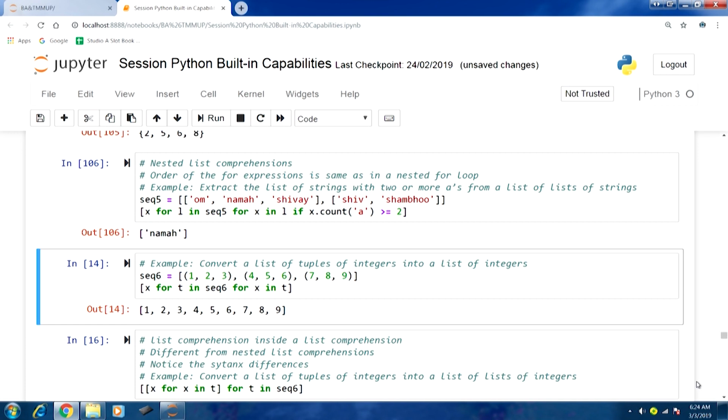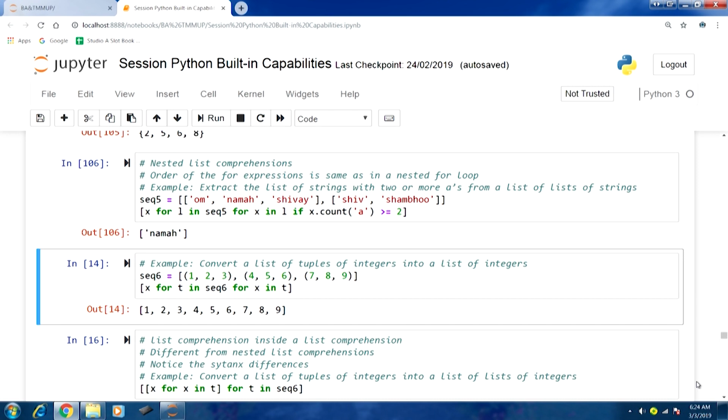Again, we can achieve this easily with the nested list comprehension. You can see first the outer comprehension, X for T in sequence. Sequence 6 is what? A list of tuples. So, T means tuple.